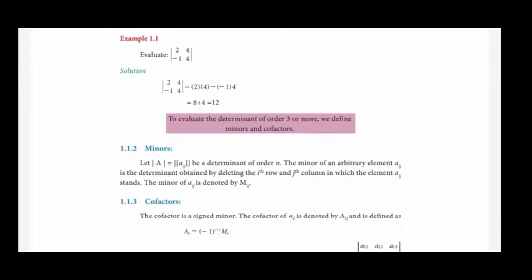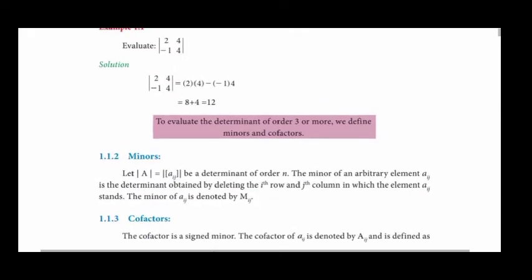First one, example 1.1. Evaluate 2 4 minus 1 4. Okay, so if you evaluate in such a case, you have to find the determinants of A. So this is 2 into 2 matrices. Therefore cross multiply the main diagonal and subtract the off diagonal after multiplication. Now I am multiplying 2 into 4, it is 8. 1 4 is 4 minus 4. So already there is one minus there. According to the formula, we add one minus, therefore it becomes plus. Therefore our answer is 12.